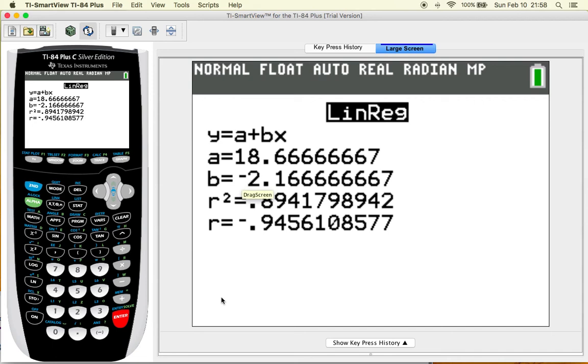So that is how you use your calculator to find the correlation coefficient r, the y-intercept a, and the slope b for a linear regression problem. So you have the tools now that you need to go ahead and